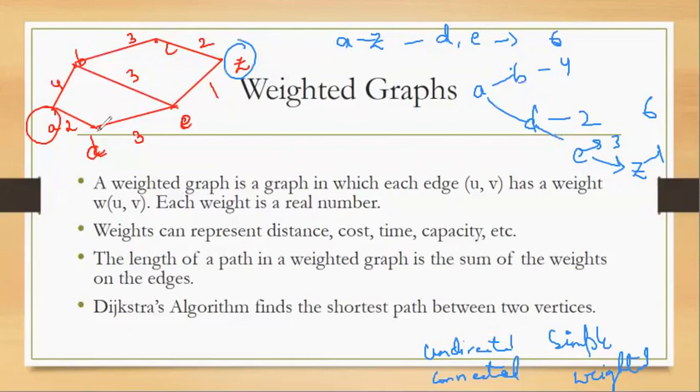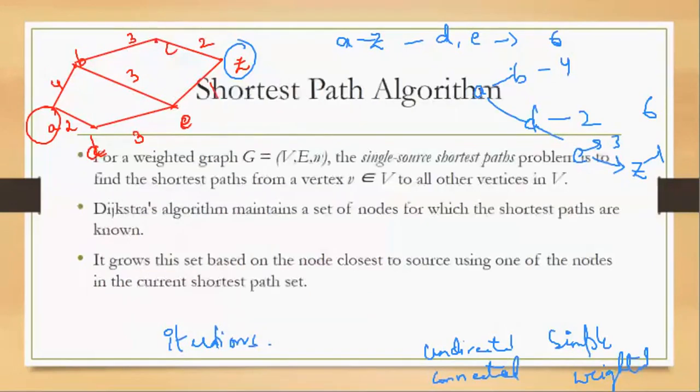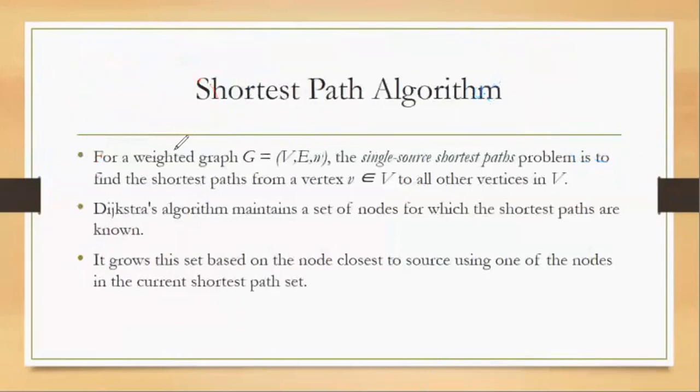So what we do is, from the vertex A to B and D, then from A to vertex E. This way we go on finding the paths. So the algorithm is basically iterative, it uses a series of iterations. And when we are constructing the shortest path, we make sure that the algorithm is constructed in such a way that we traverse through all the edges and try to find all the paths and then take the shortest path.